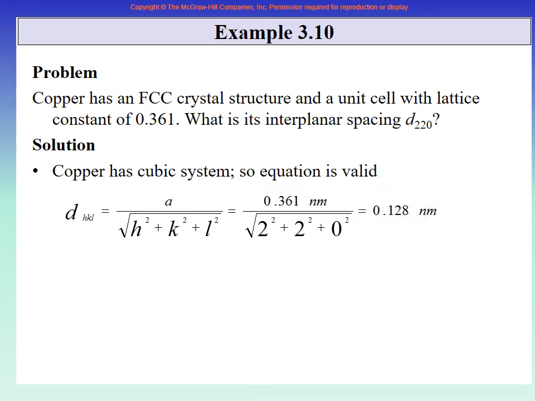So this is the interplanar spacing, that if you have copper and this copper has a lattice constant of 0.361, then one plane 220 and the next plane 220, the distance will be 0.128 nanometer. As I told you, right now you are doing just a very simple calculation. Later on you will know that this is the foundation of a lot of serious level experimental work.